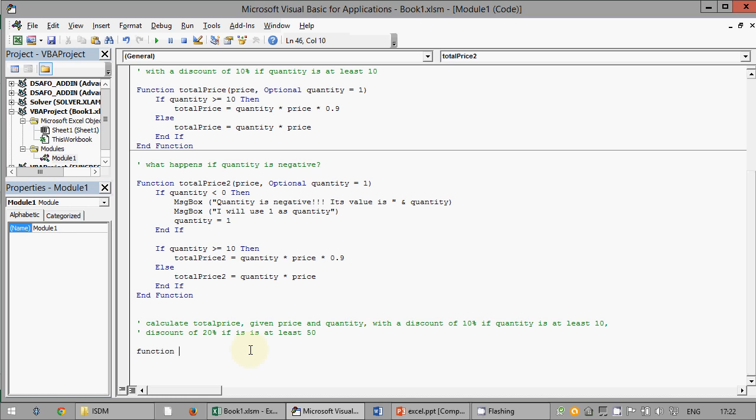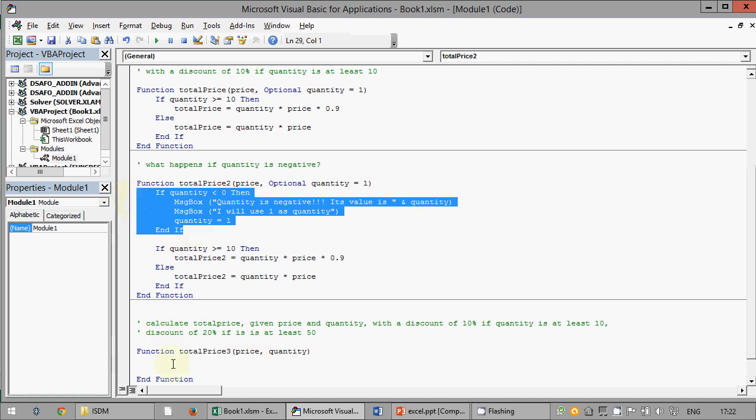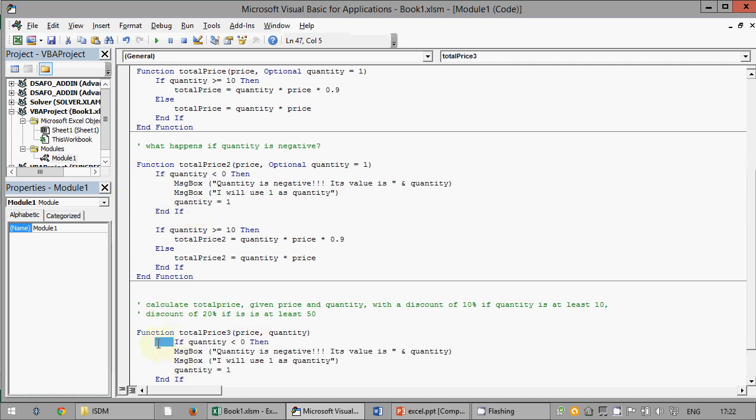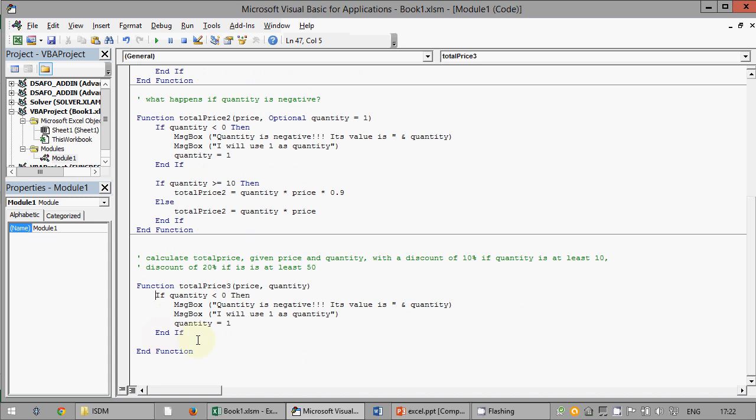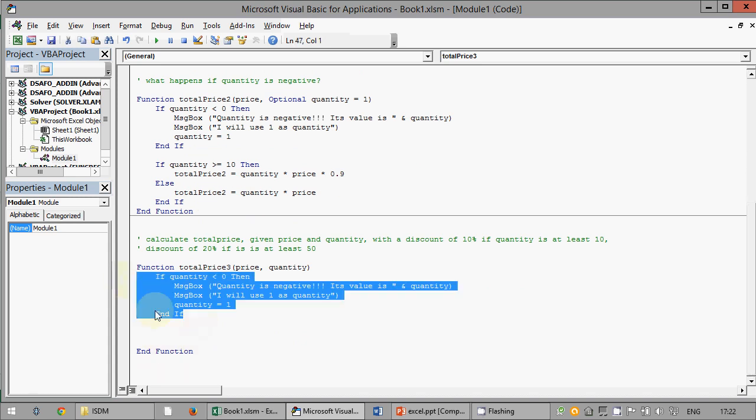So function total price 3, price quantity. Well, we don't care anymore about negative quantities. Well, if you want, well, no, let's copy and paste. Okay, so we have fixed it. Now, by the way, we can do the same for price.